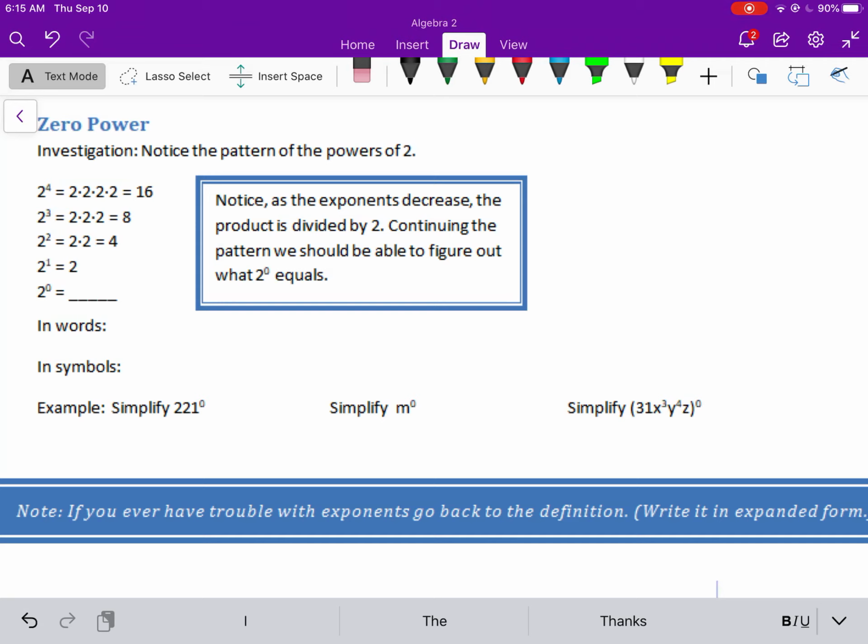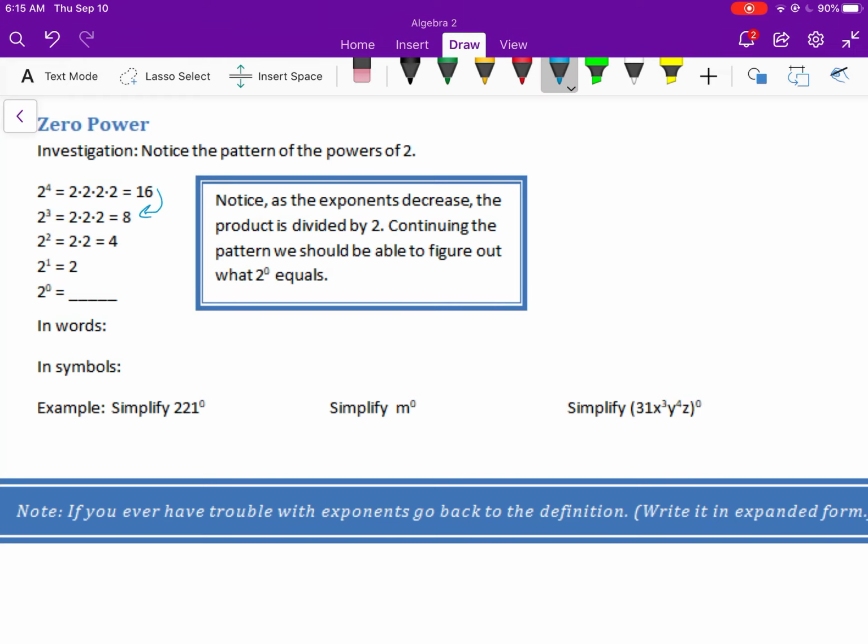So notice we kind of keep dividing by 2 here, 16 divided by 2. And the reason we're dividing by 2 is because there is one less 2. So 2 times 2 is 2 to the 2nd. 2 to the 1st is just 2. So 2 to the 0 is actually, if we keep dividing by 2, so